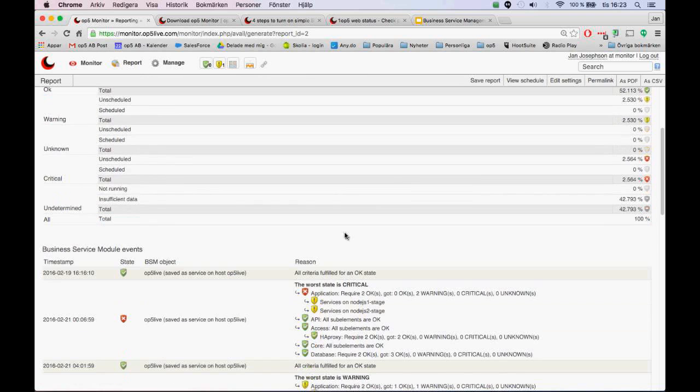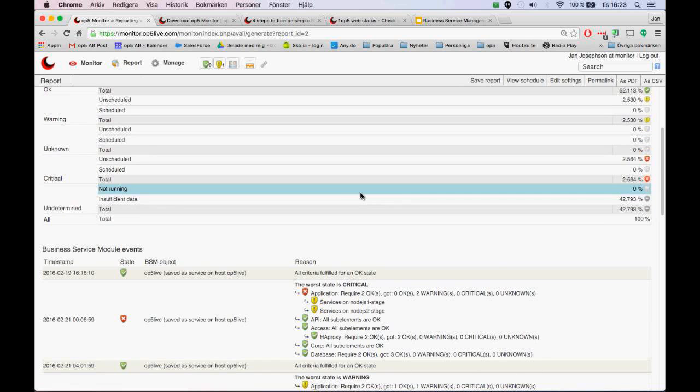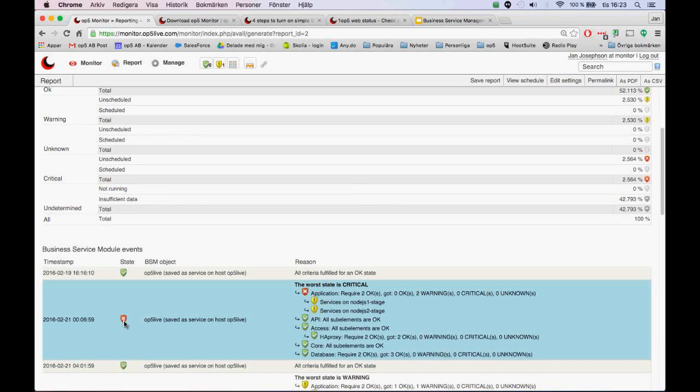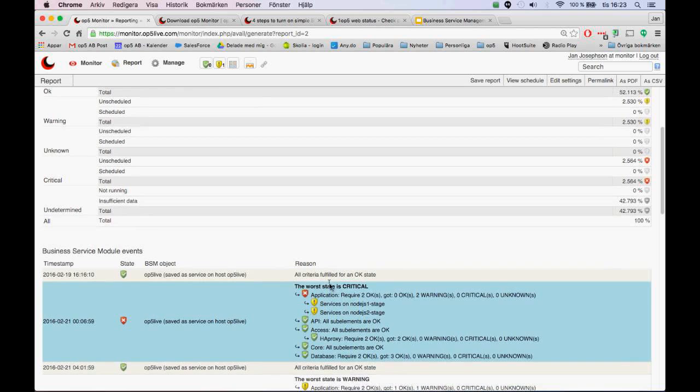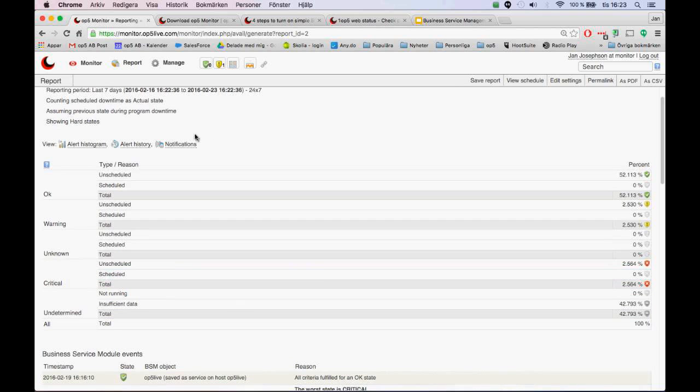So here we have the BSM report, availability report, and actually we did have something that affected the services. It was last night, six minutes past midnight. And it's okay actually, because I know we did a snapshot there, so it's okay to have that. We know that was happening. So it gives me one alarm for the last 24 hours, or for the last whatever we're doing here. It's actually the last 7 days,